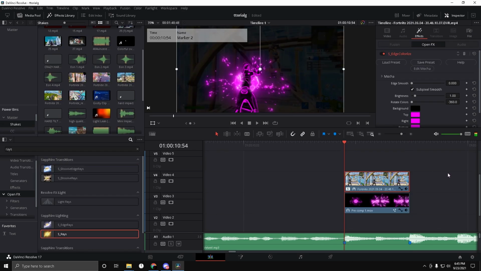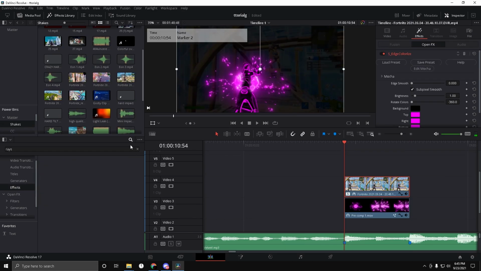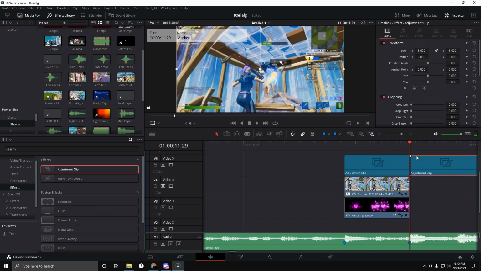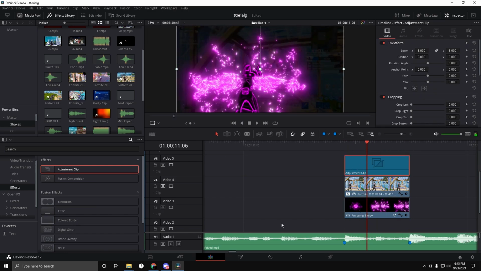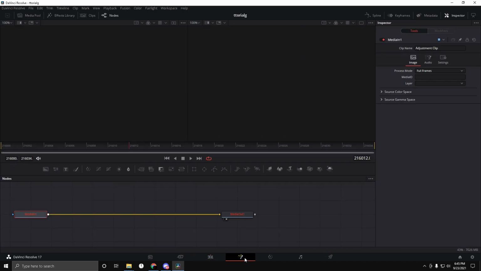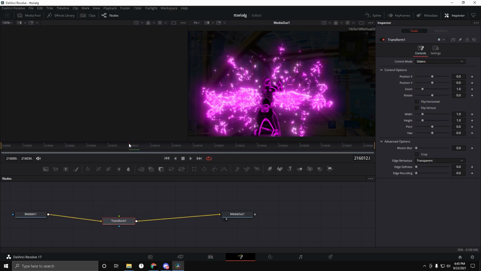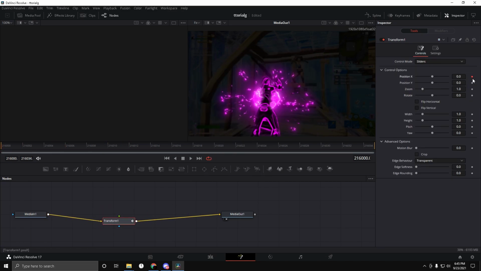So what you just want to do is go into effects and drag on an adjustment clip. And you're going to go into that, go into Fusion page and control space and add a transform. Click on the regular transform, the one that does not say XF. Add that on. And now at the very beginning, keyframe position X, position Y, zoom and rotate, all of those,